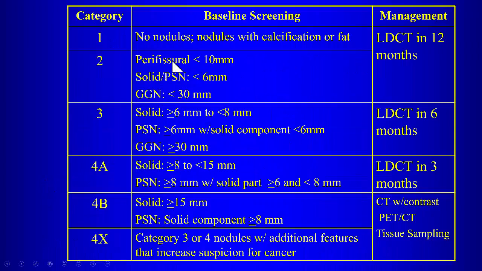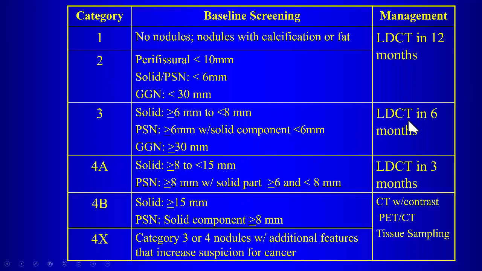Okay? So we give these patients a score based on the interpretation of the lung cancer screening study. So we'll give them a score using these Lung-RADS categories. And the advantage of that is it also determines management. So a score of a 1 or a 2 is essentially a negative result in the sense that it doesn't affect management. So the patient will just come back for their next screening in 12 months.